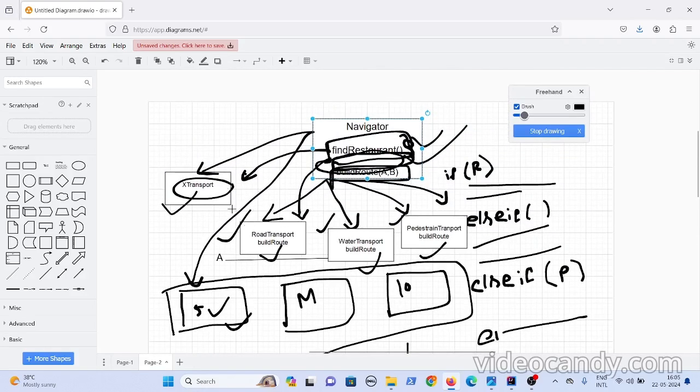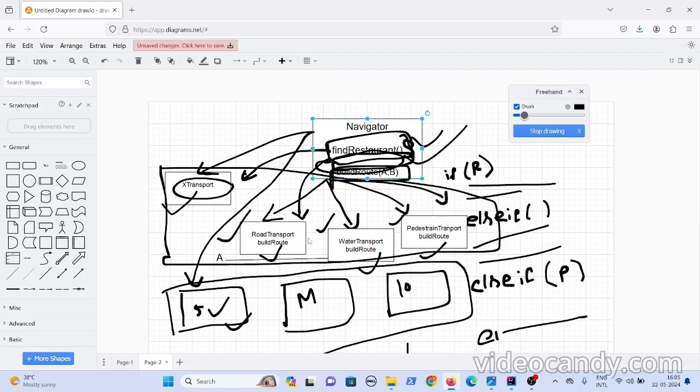That is not possible for these restaurant classes, because they are only for finding restaurants. And one more problem is, you have already built these road transportation classes. Now since you have added one more method here, find restaurant, these classes also have to add logic related to the find restaurant. That is not possible for the road transport. Okay, now you understood the problem, right? If you have only a single algorithm, a single behavior, this inheritance worked fine. But if you have multiple behaviors which are varying, then this inheritance doesn't work.